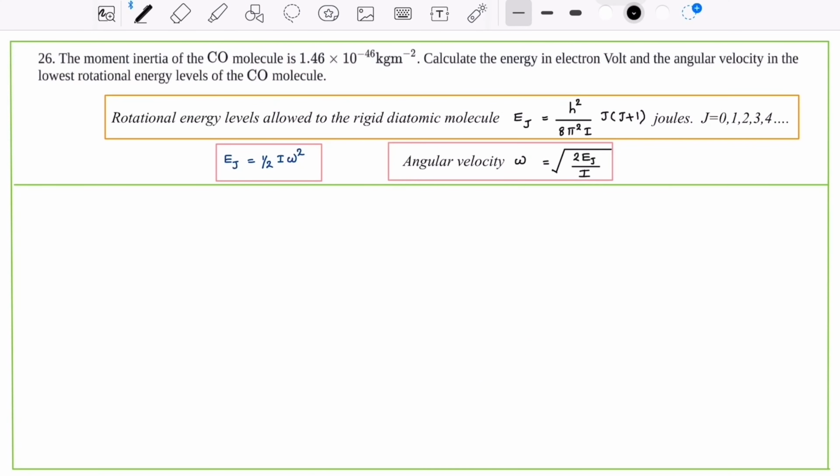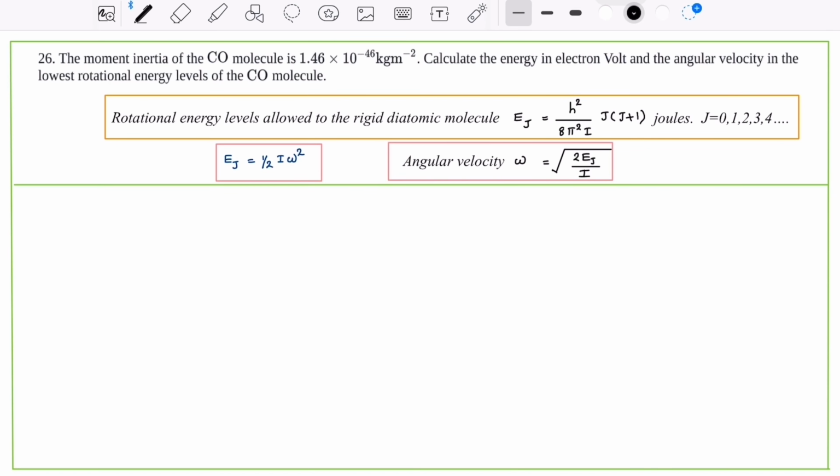The next question is, the moment of inertia of the CO molecule is 1.46 into 10 raised to minus 46 kilogram per meter square. Calculate the energy in electron volt and the angular velocity in the lowest rotational energy levels of the CO molecule. In the present problem, we have to determine the energy in electron volt and angular velocity in the lowest rotational